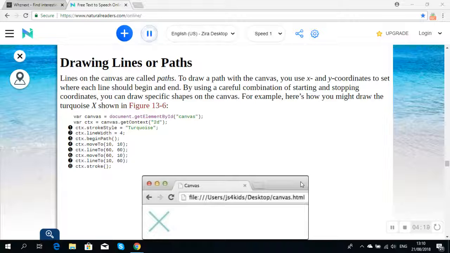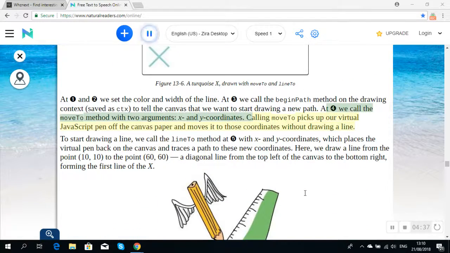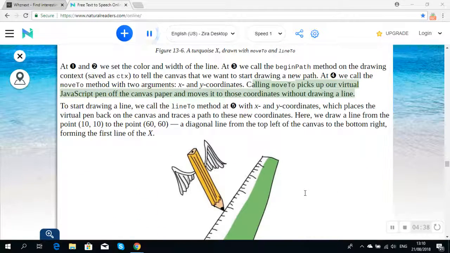At the start, we set the color and width of the line. And we call the beginPath method on the drawing context, saved as ctx, to tell the canvas that we want to start drawing a new path. Then we call the moveTo method with two arguments, x and y coordinates. Calling moveTo picks up our virtual JavaScript pen off the canvas paper and moves it to those coordinates